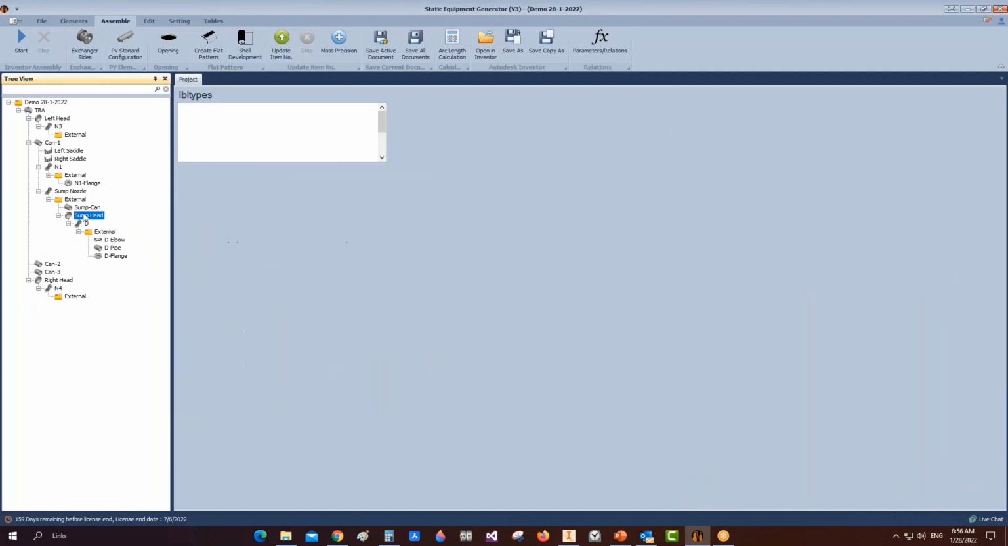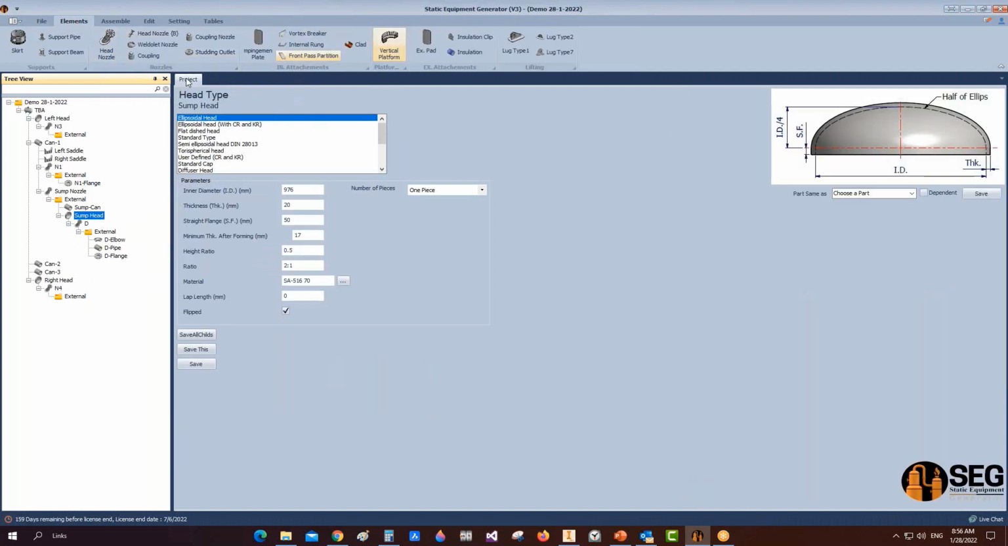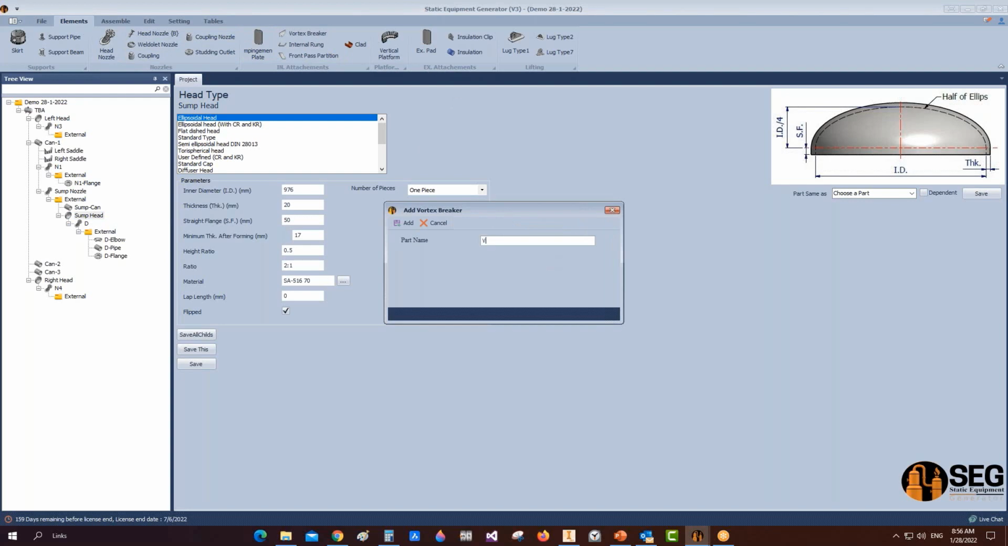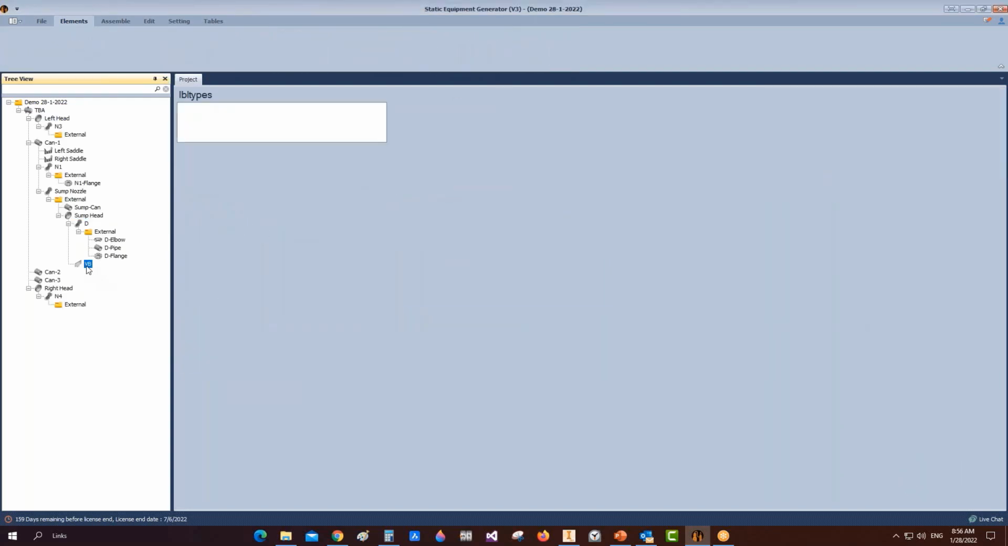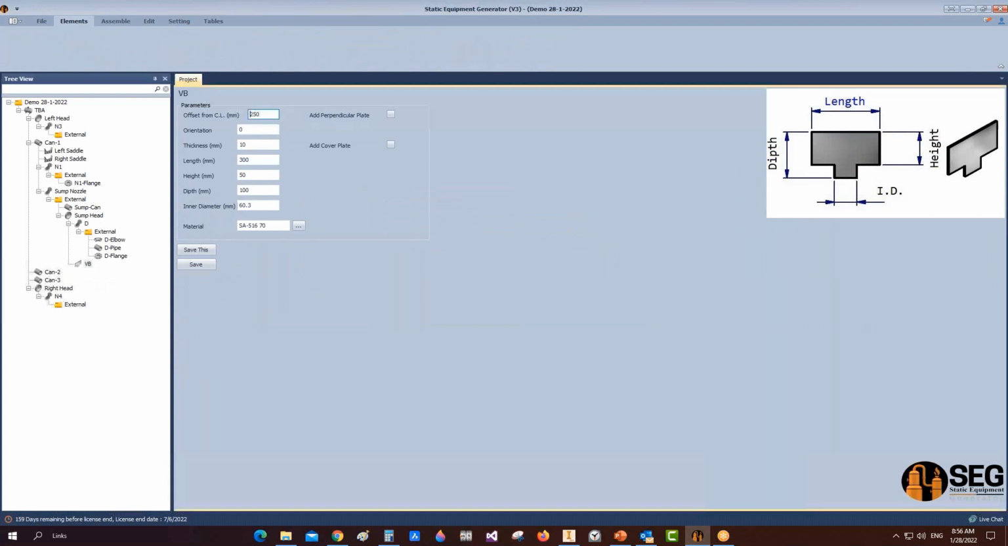So let's select the sump head from here, and from elements we can add some internal attachments on this head, like the vortex breaker. So let's select vortex breaker, and let's define the offset from the center line. Let's make it 0. The orientation and the thickness, let's make it 6 millimeters. The length of this one, let's make it 150. The height, make it 50. The depth, let's make it 15 millimeters. The inner diameter,